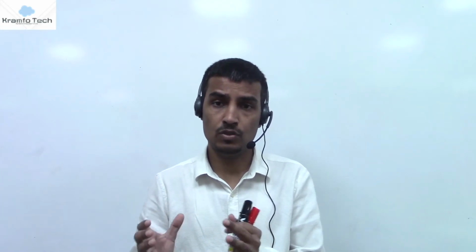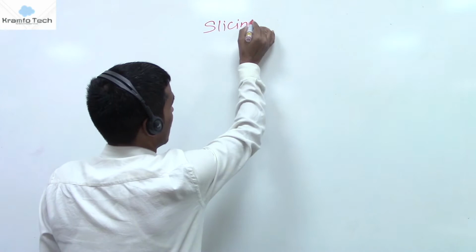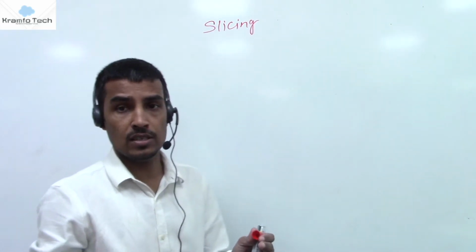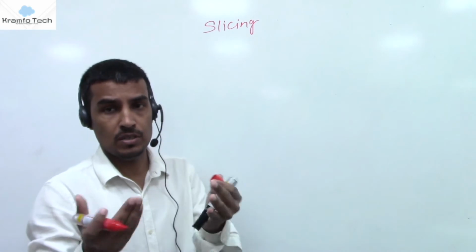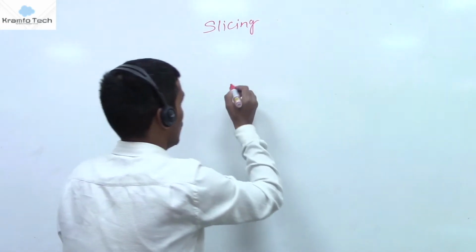In today's lecture, I'm going to talk about what the string escape characters are and what the string formatting operators are. As we discussed in the previous lecture, you can access the string values using the index and so many things, so please watch that video as well. Before going to escape characters, I just wanted to tell you what slicing is. Slicing is when you want to access a string from one index to another index, meaning you are getting a substring from the original string. So let's discuss this.